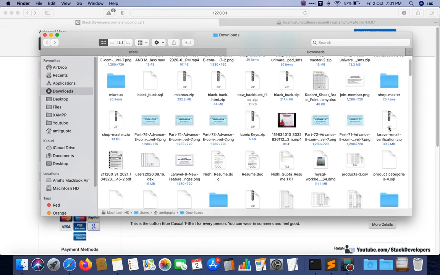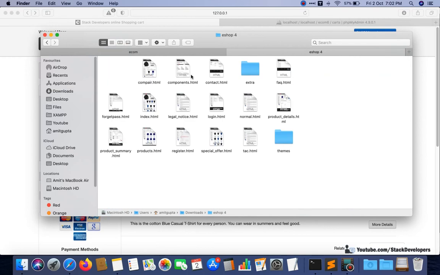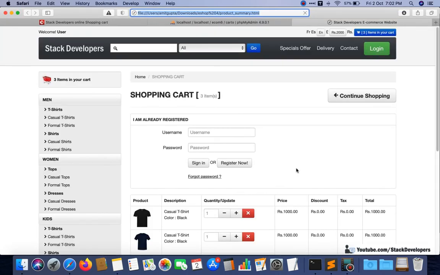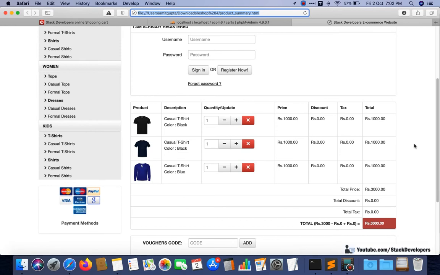I hope you have all downloaded it from the sidemakers.in website. This is the cart page that we are working on. I will copy this design from our eShop template.